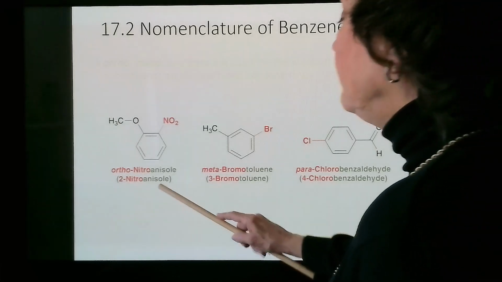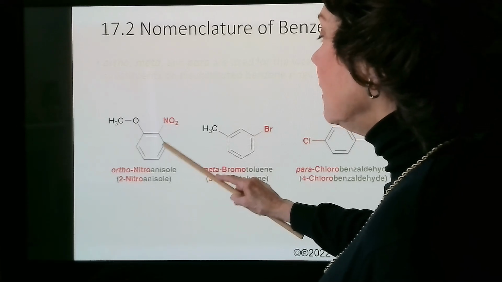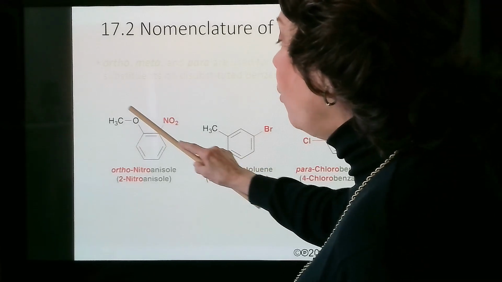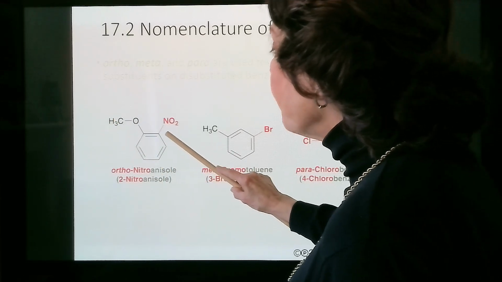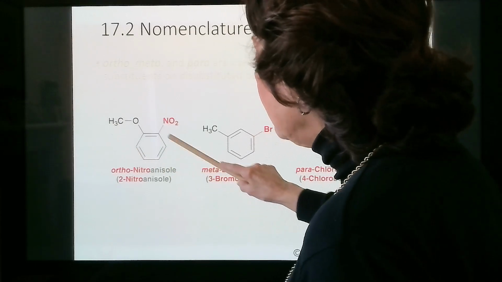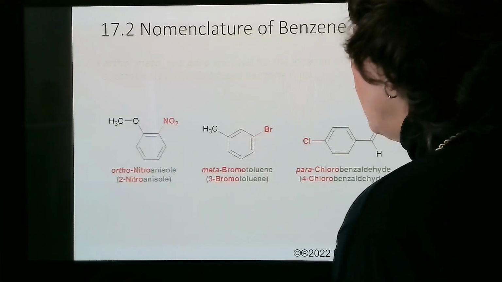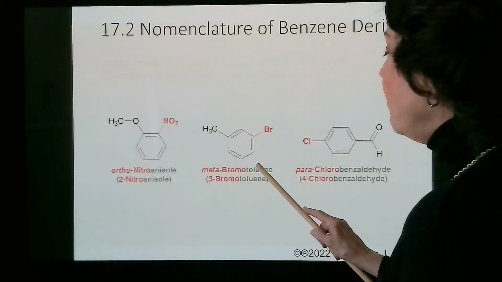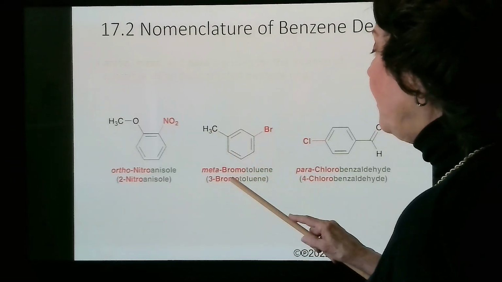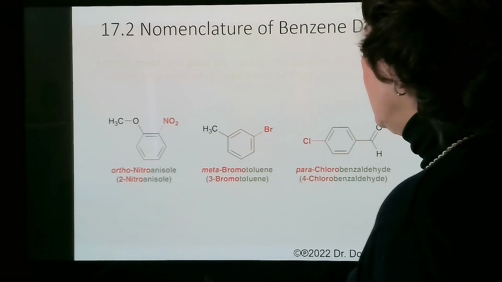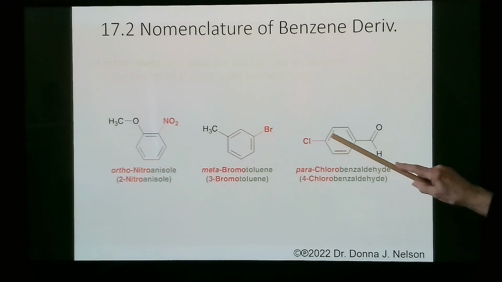So this is ortho-nitroanisole. So here the nitro is ortho to the methoxy group. The anisole is the parent name. You could also name it 2-nitroanisole, or here meta-bromotoluene. So bromo is said to be meta to the methyl group of the toluene molecule. This is 3-bromotoluene. This would be